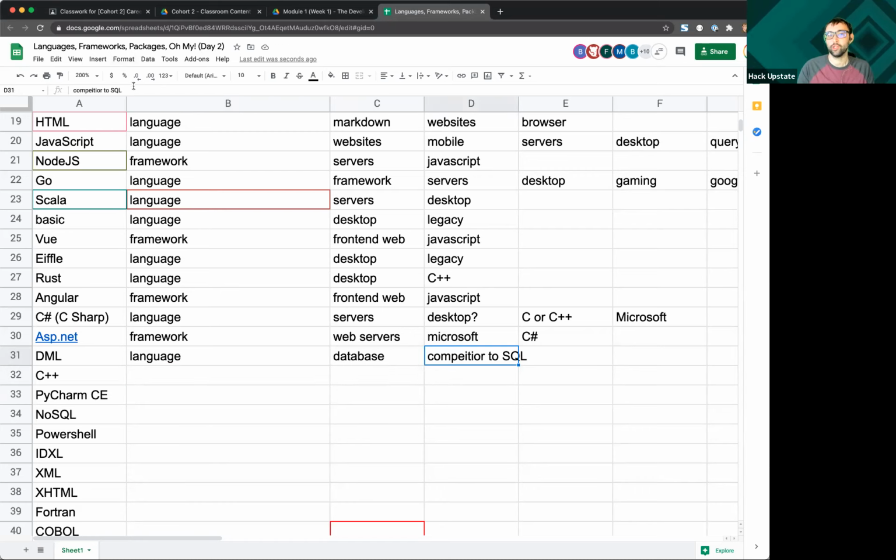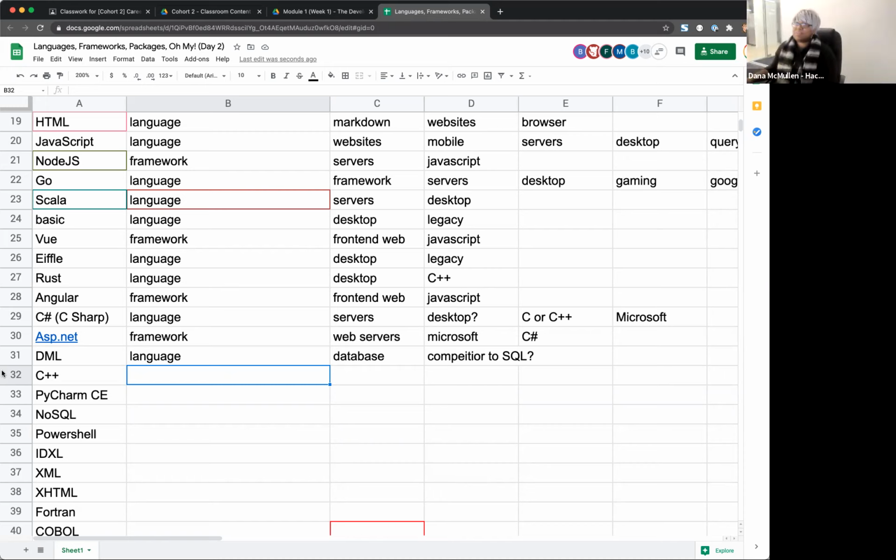I'm going to leave a question mark on that one because I'm not entirely sure. I believe it is about retrieving data and manipulating data. And so it may also be closer to R than it is to SQL.